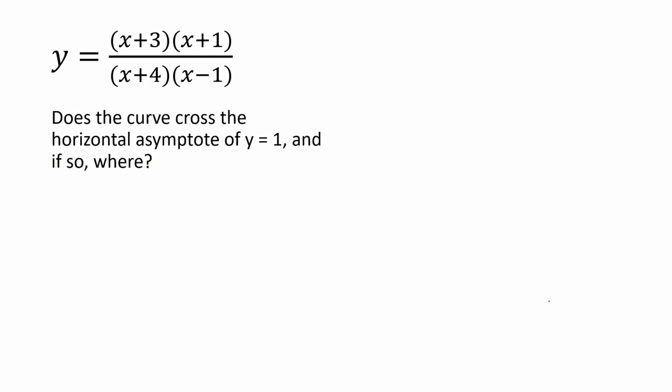Okay. Now, moving on. It's a good idea in these sort of cases to determine if the curve crosses the horizontal asymptote. Remember, curves can cross a horizontal asymptote. Now, if the horizontal asymptote is at y equals 0, you've already determined if the curve can cross the horizontal asymptote when you determined if there were any x-intercepts. But in this case, the horizontal asymptote is y equals 1. So what we're going to do is sub in a y value of 1. We're going to see, does y ever equal 1 in this